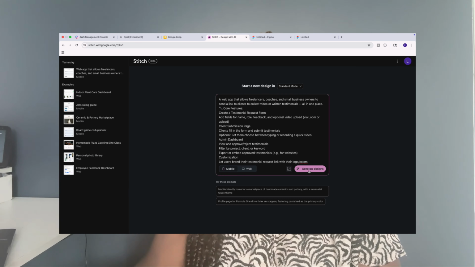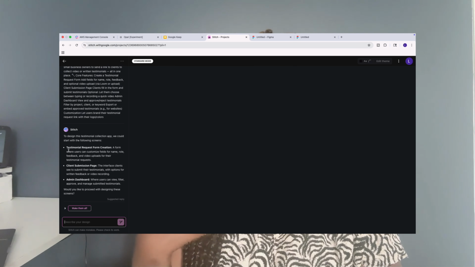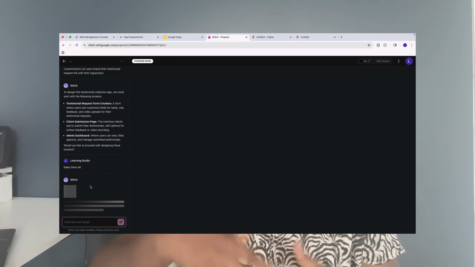So I just came across an AI tool from Google that absolutely blew my mind. It creates wireframes, okay? Beautiful, clean, ready-to-prototype wireframes from just a few lines of text. And as someone who has built a lot of MVPs and mockups over the years, this might be the fastest way I've ever seen to go from an idea in your head to something visual to something you can actually